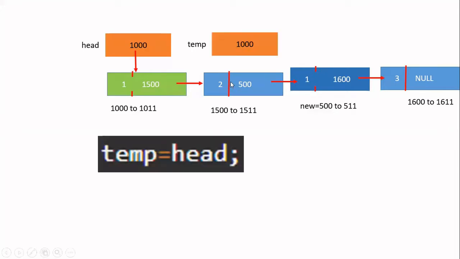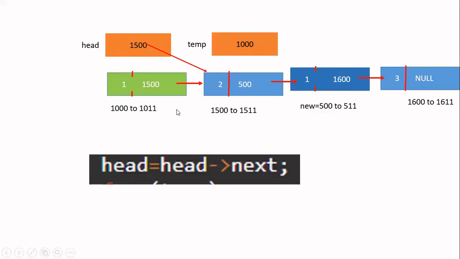So first, again, I have to change here. I'm creating a pointer variable temp. Whatever is available in head, I am storing it in temp. Now temp is also going to contain the starting address of this particular node. Keep this assignment, temp is equal to head. So you will create this node. Whatever is available in head will be copied here.